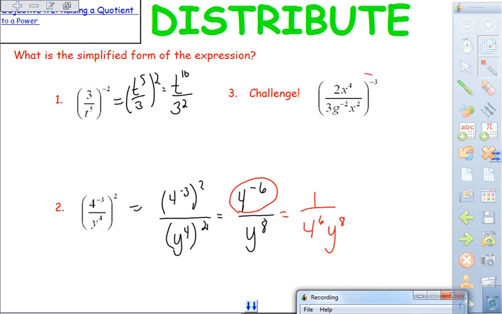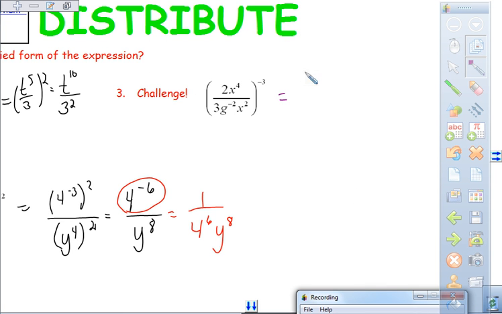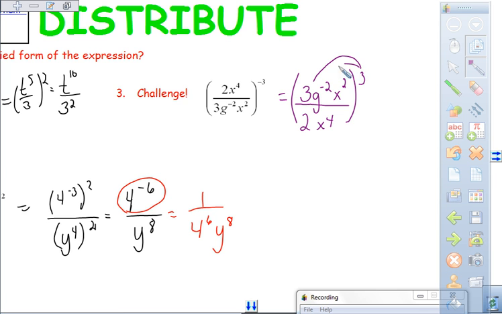Try the challenge question. Please pause the video while students work. So here's the solution to the challenge question. To get rid of the negative exponent, I can flip my fraction right away. So my fraction is flipped, and now I just have a cube up there. So what I'm going to work on is getting each term cubed. Cubed, cubed. So I get 3 cubed,